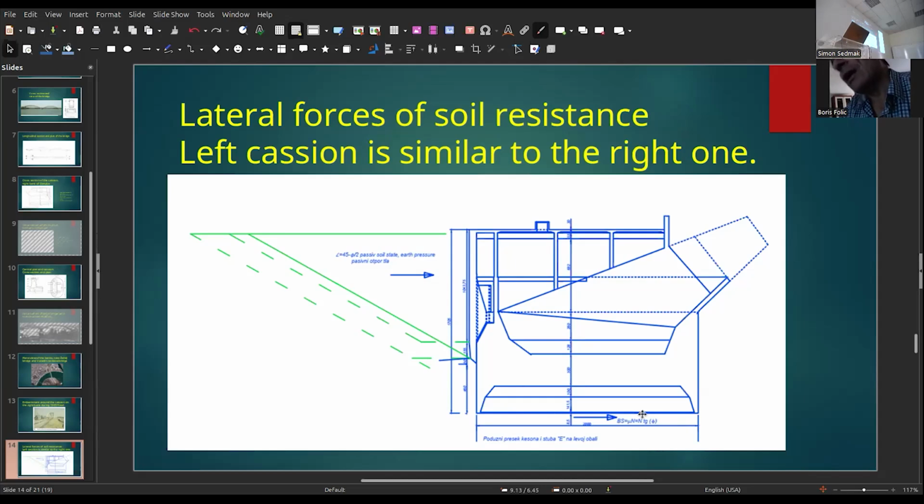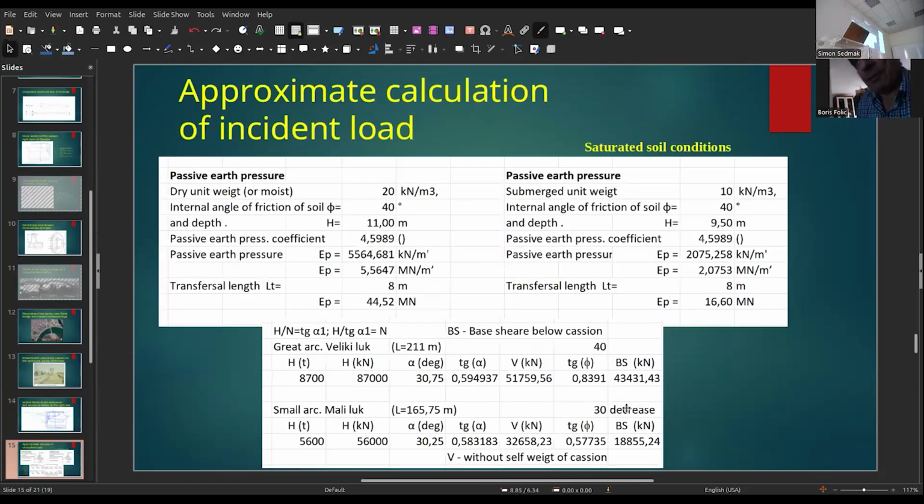It is base shear for passive earth pressure. It is approximately calculated as the incident load. The passive earth pressure on the left is for a dry unit weight of 20 kilonewton per cubic meter, with an internal angle of friction of about 4 degrees. The height is 11 meters, and the height of the AB diaphragm is 8 meters, probably, with its resultant horizontal earth pressure